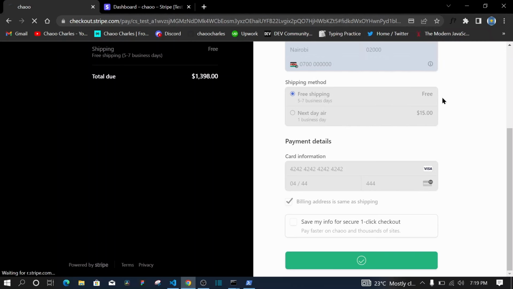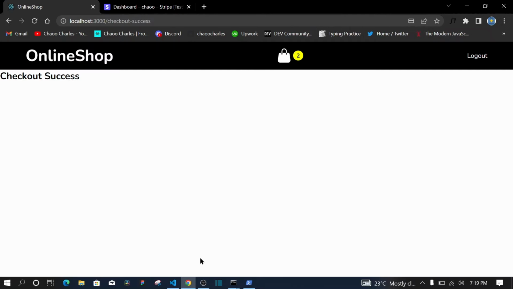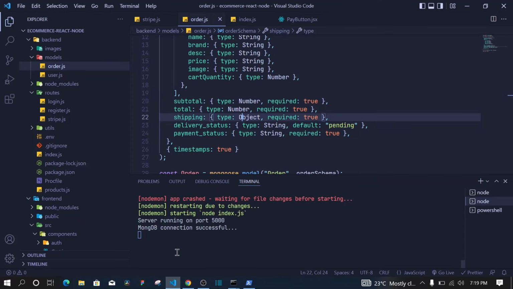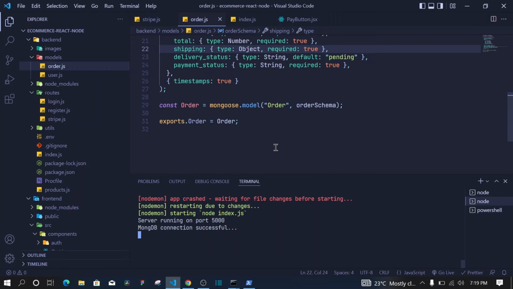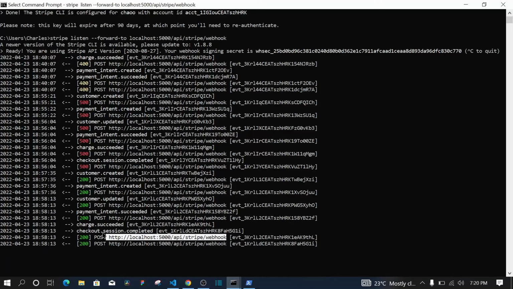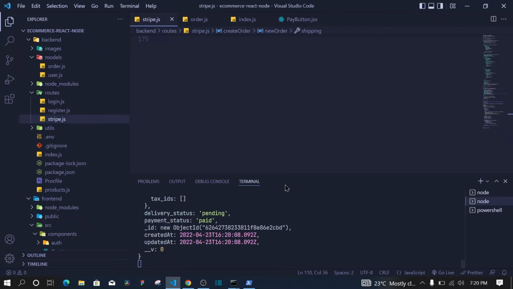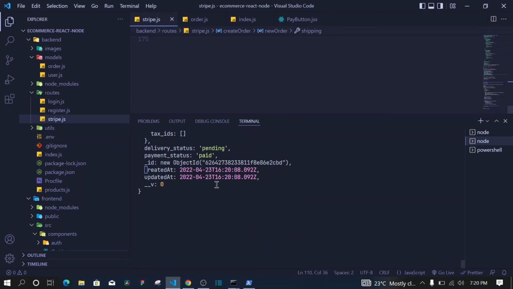It's processing. There we go. Let's see if we have any events raised. They were raised. Let's see if we have any console logs right here. And we don't. While we should be having checkout session complete. Okay, it had not listed all those events. Let's see now. There we go. It's working actually. Let's see